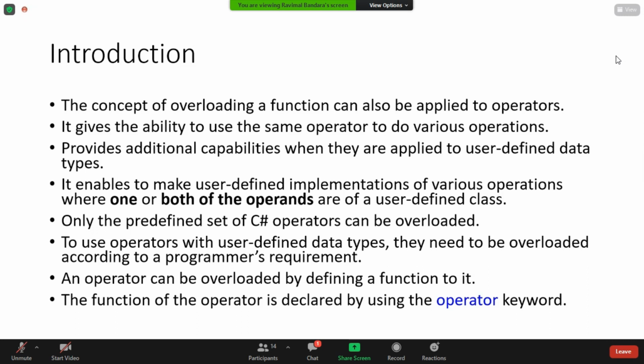But the way of addition is different, because instead of just one variable, like two integers or two doubles or two long variables, now we have a bunch of values within the same object, because it's a matrix. So adding two matrices has a different definition. You are doing element-wise addition, so the end result will again be another matrix, not just an integer or a double like a single variable.